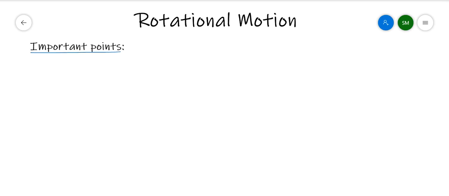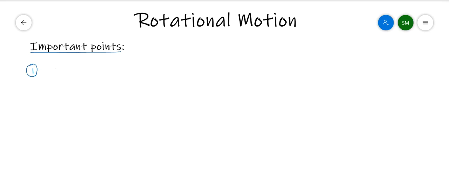But before we start the lecture, it is advisable that you first revise the theory from the textbook at least. When I am explaining here, I am expecting that you already know the basic theory of this chapter at the textbook level. So revise this chapter from the textbook and only then watch the video. Let me start with the important points of this chapter. Let's start with the very first point.